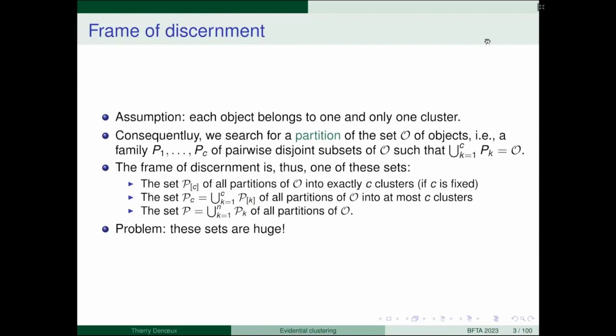So there is some unknown partition, we don't know what it is, so the frame of discernment is a set of partitions, and we can restrict the number of clusters or not.